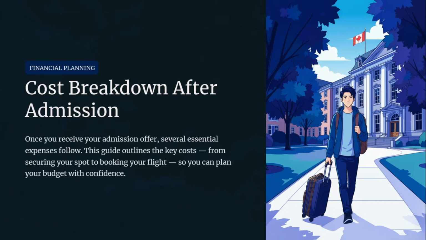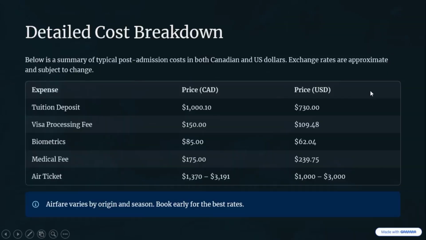So in this video we're going to talk about costs after admission. So let's get right into it. First thing is the expenses. Tuition deposit is very important. There are universities that do require you to pay a tuition deposit. It ranges from 1,000 Canadian dollars to 3,000 Canadian dollars. Different universities, different payment amounts. So it depends. But if you're applying for masters,